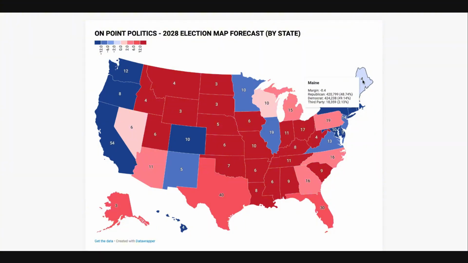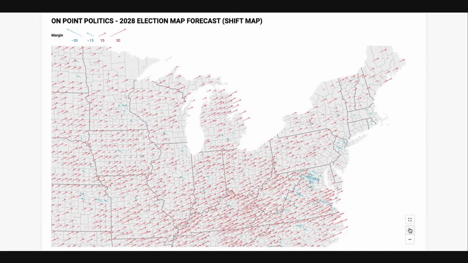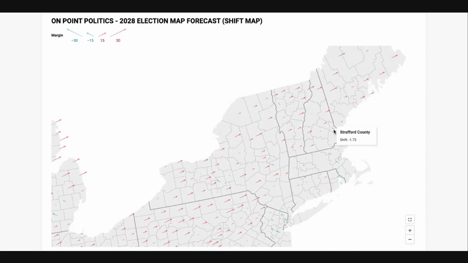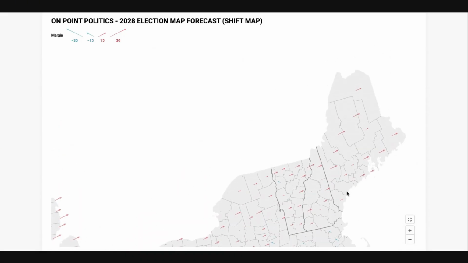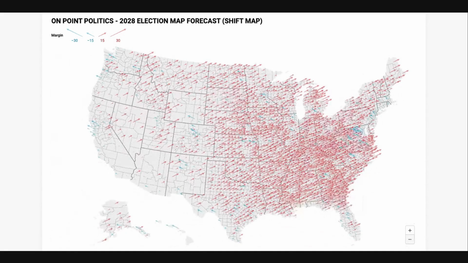And then in New Hampshire and Maine, both of them narrow quite significantly down to a tilt margin on the map. What's very fascinating in New Hampshire is that some of the more exurban and rural areas shift left or right, but it's not quite enough. There's almost a universal shift to the right in New Hampshire, but it's not enough to flip the state. And even in Maine, you have a universal shift to the right, but it's not quite enough to flip either state. If they were both to flip, Vance would be out there with 318 in the Electoral College.